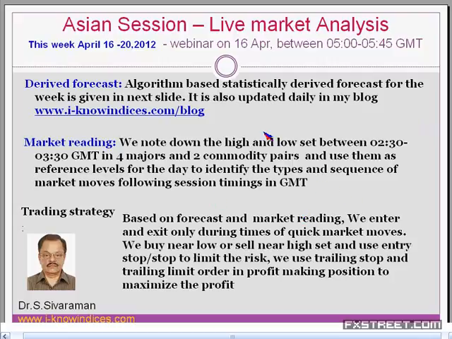Then after taking the decisions or reading the market, the type of moves, we still use the trading strategy because we want to be unbiased, and we always know that our readings can go wrong and the market can suddenly turn opposite to our understanding. So in order to prevent the risk, if we trade without a stop, then it will be unlimited risk. Instead, we try to take the entry stop or the hedging order.